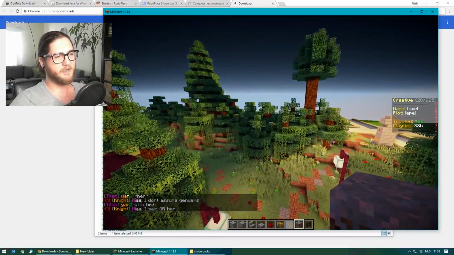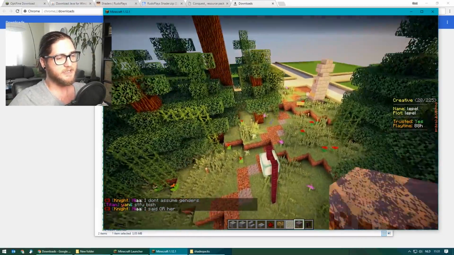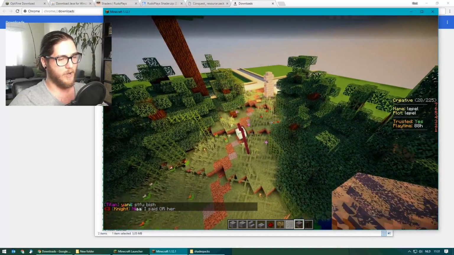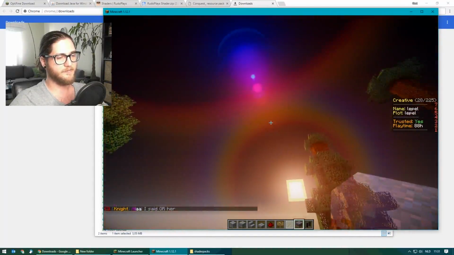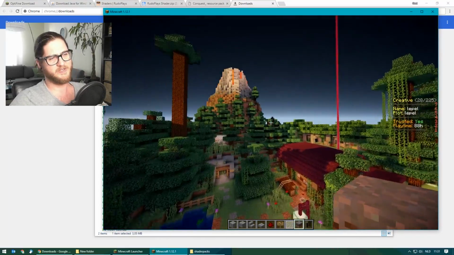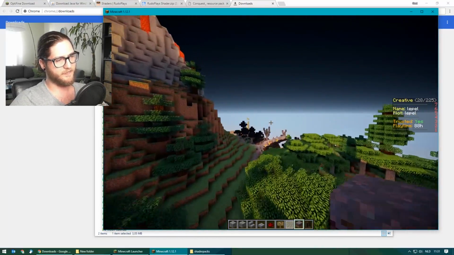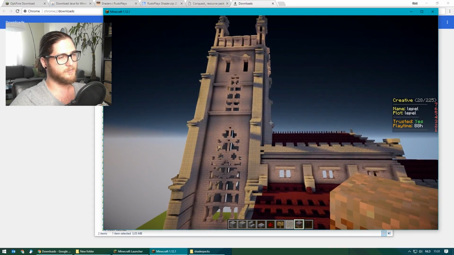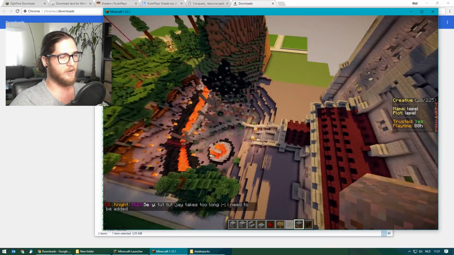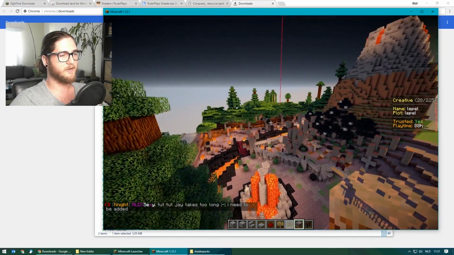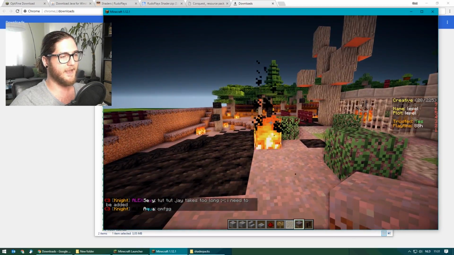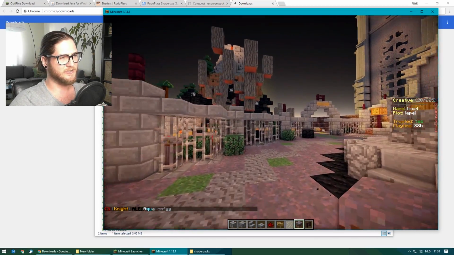The RudoPlays shaders do have some glitches. Mainly, if you look at the block. If I'm above water or something, or leaves, it kind of looks weird, but I do really like these shaders, especially if I fly over to my castle right here, let the map load in, boom. That looks pretty cool, right? Now you know how I get my Minecraft to look so cool. We have some really nice lens flare effects. It just looks cool, doesn't it?